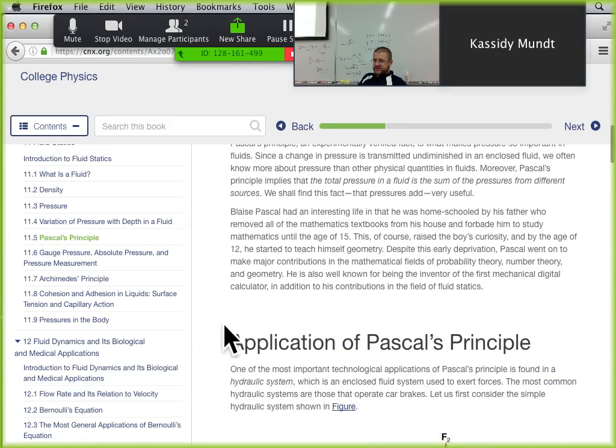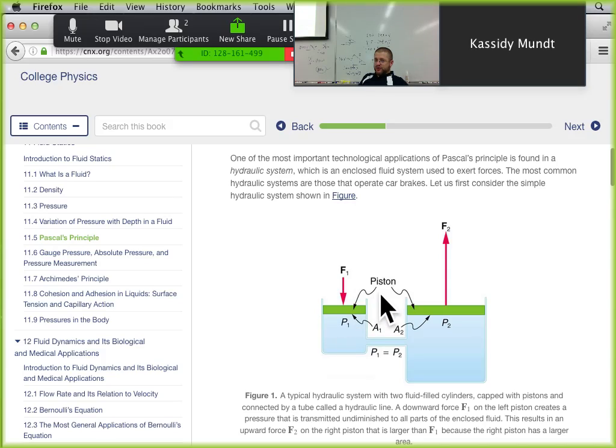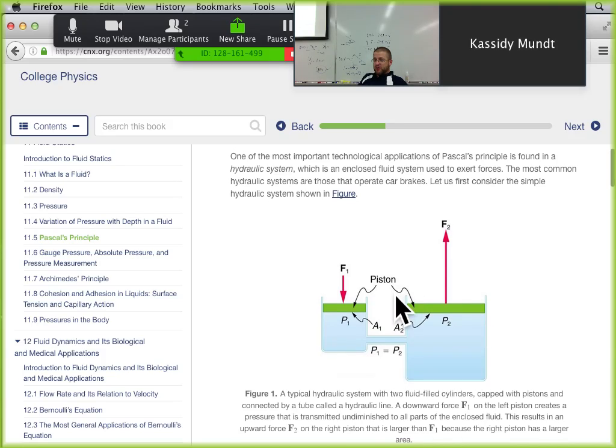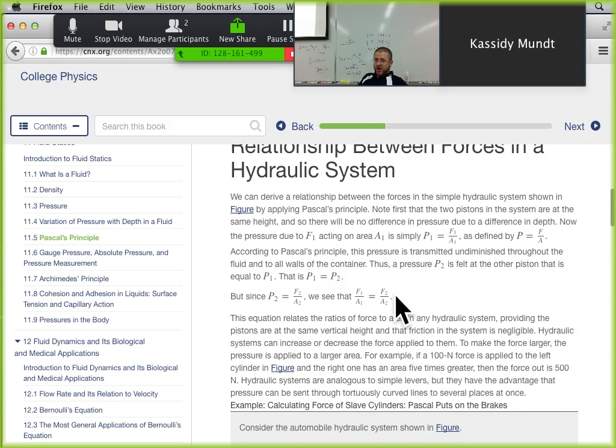That's right. It's the distribution of pressure through a system like this, right? When you have a non-compressible fluid, in other words, this fluid won't get squished any smaller than it is, and you apply a pressure to one part of it, the entire fluid will feel that pressure, and that pressure will exert itself over here on this piston, for example. It will exert itself everywhere along the walls of this vessel. That pressure goes everywhere in the fluid. That's Pascal's principle.